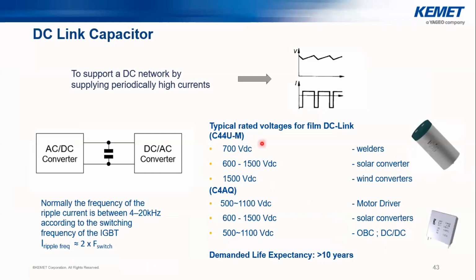But still, for each design, if we have specific capacitors for the DC application, DC link, it means that we are designing them to handle those voltage and electric field conditions to be able to provide the most reliable